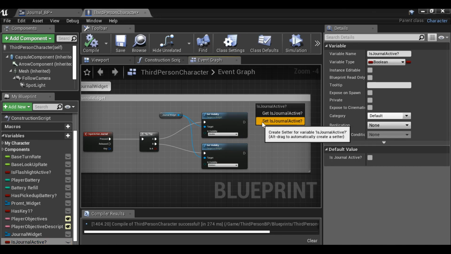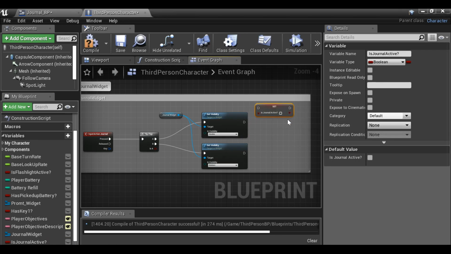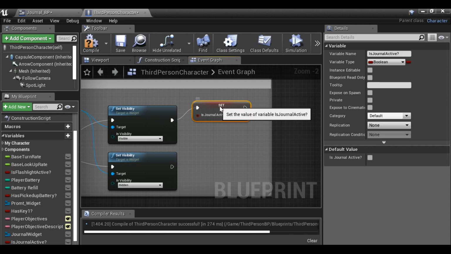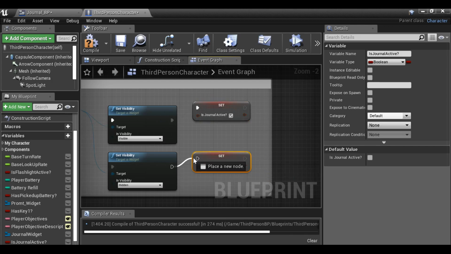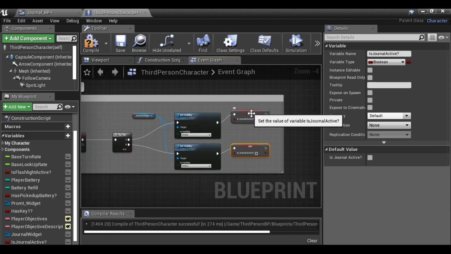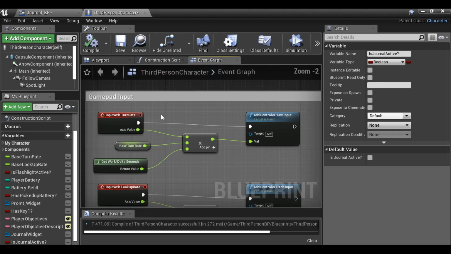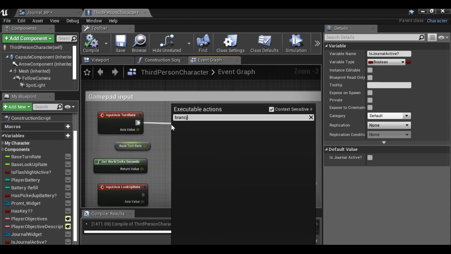And for this, we want to set is journal active. Connect this up. We'll say yes, it is active. So I'm just going to select this and hold Control W. Connect this up and turn this to false. So now we know when we're in the journal or not. Compile that. Go back down here, and what we could do very simply is add a branch. So from this, type branch,